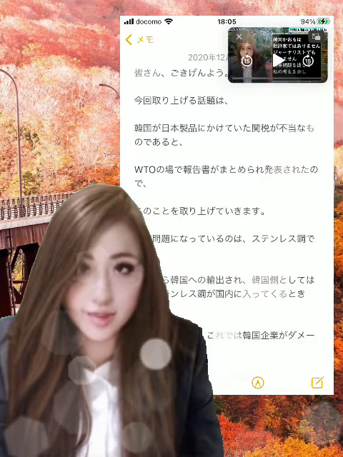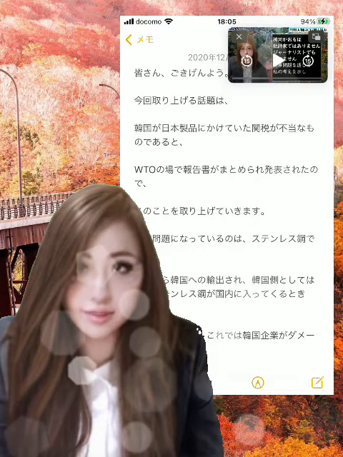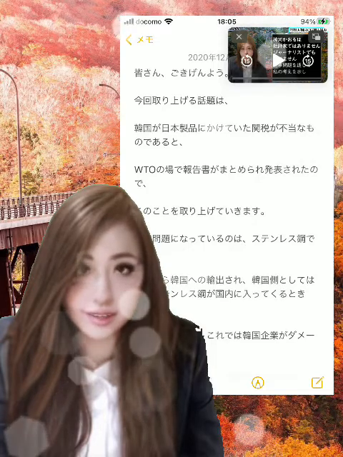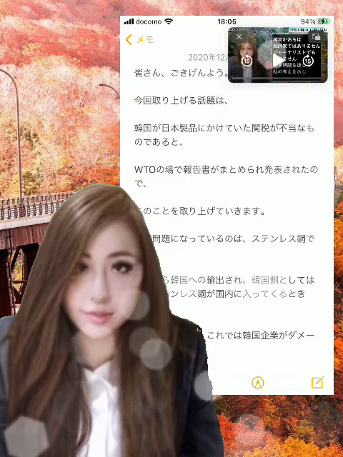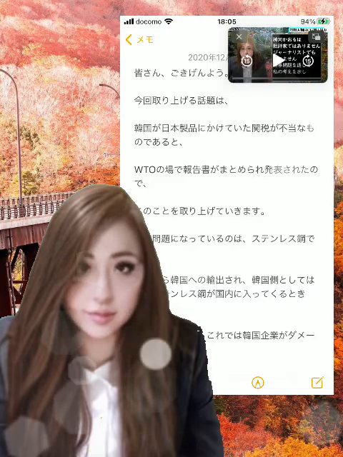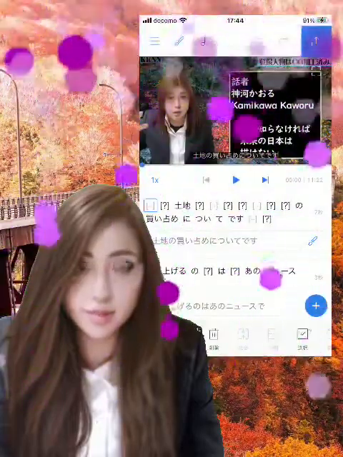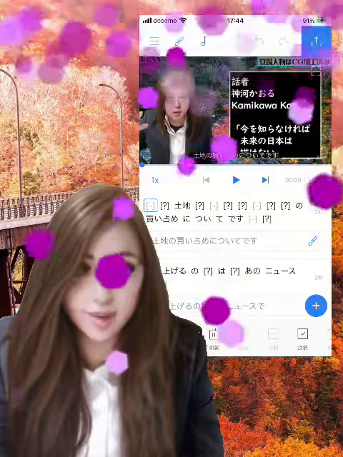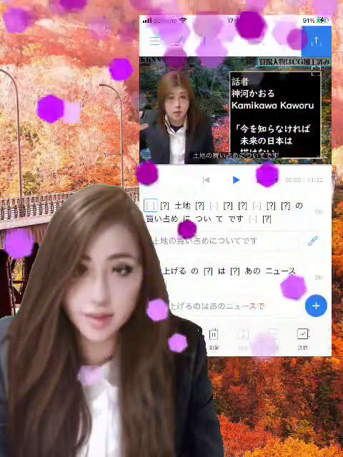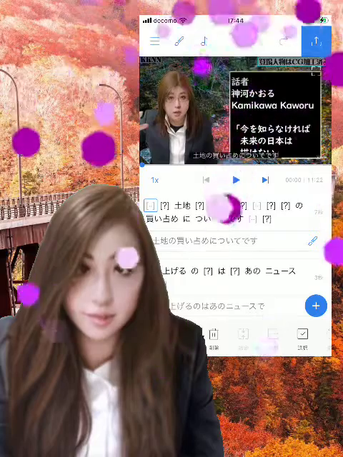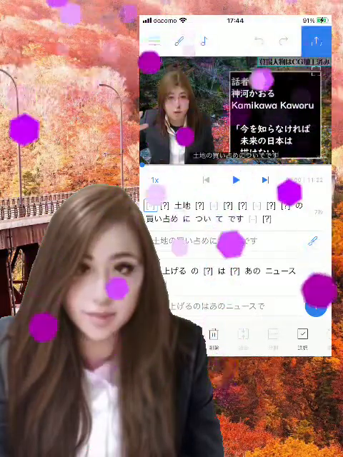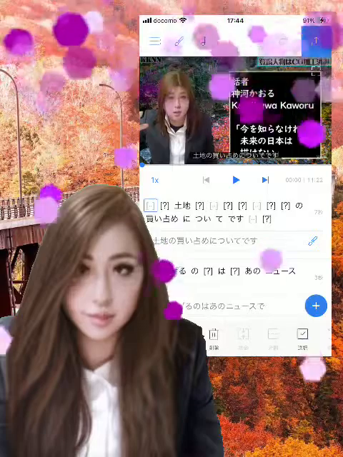Therefore, 2. With the method using Vru. 1. With Vru's transcription function using Google Speech to Text, by correcting typographical errors in the transcribed subtitles, the work will be done in about 2 hours. Up to this point, it has become convenient, but in terms of time, it is not much different from 1. 2. With the export function of Vru, save the subtitles as a YouTube SRT file. By uploading this to YouTube Studio, you will be able to work in about 30 minutes. In other words, it is now possible to create subtitles for a 10-minute video in a total of 2.5 hours.